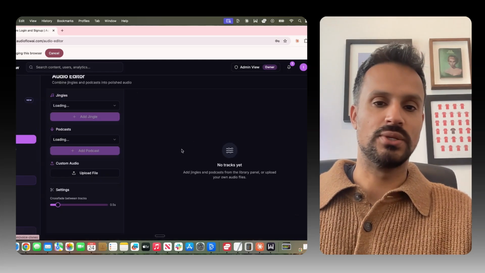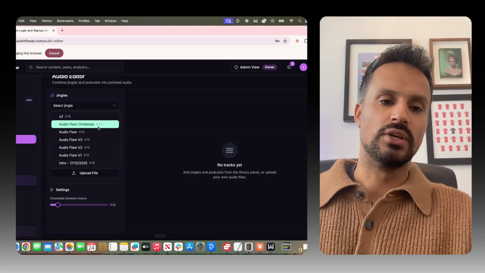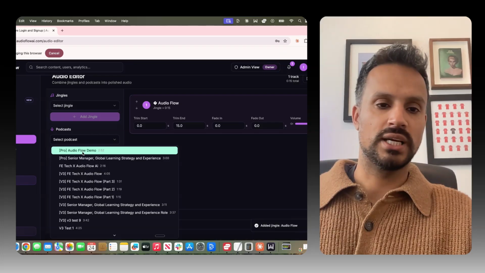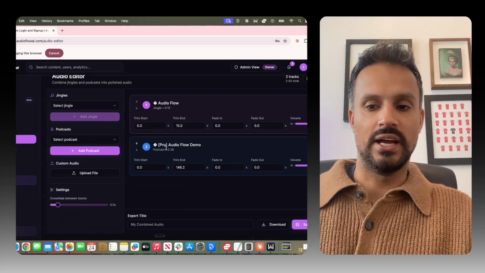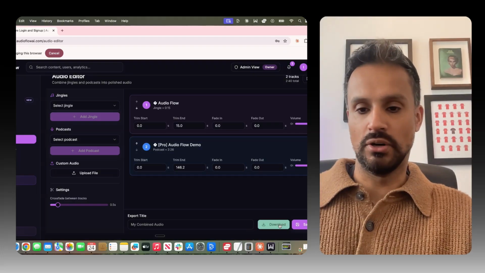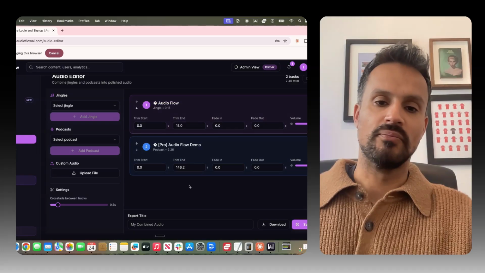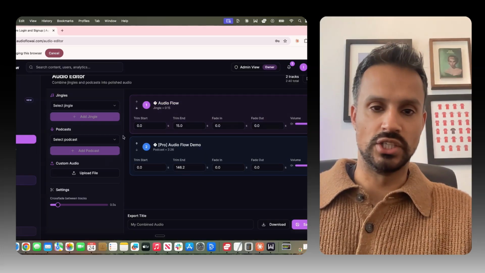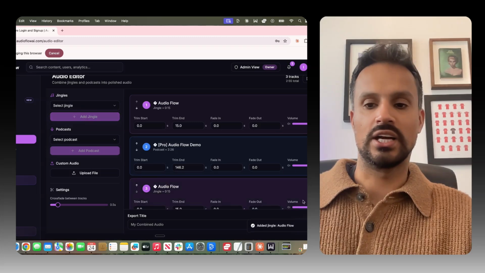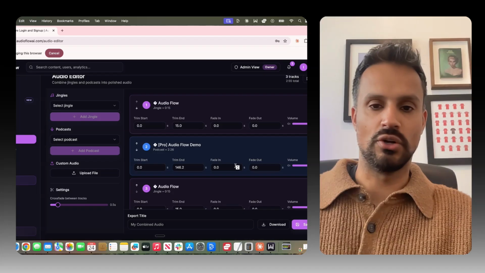Once you've got your jingle you're happy with, you can keep regenerating the jingles until you are. You can go, I want this AudioFlow jingle, add that onto here. I want this podcast here. And then I'm going to stitch them together just by pressing the buttons at the bottom. So you can just say download, and it'll put the jingle at the start, play the podcast, and if you do want another jingle to end with, you can just add the jingle again. So I'll go AudioFlow, add jingle, and that could be the outro. Then you can just download it, and you have the podcast with the jingles on there as well.